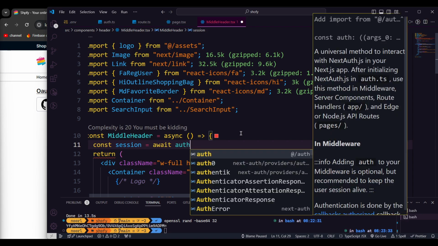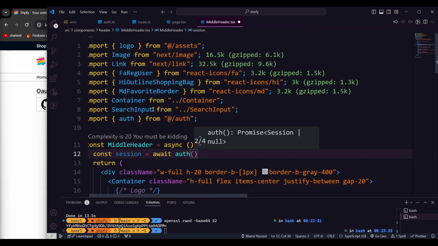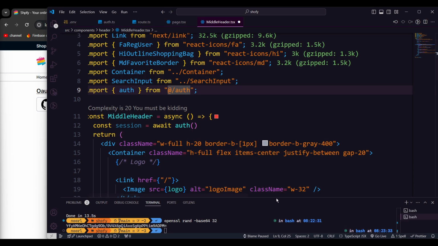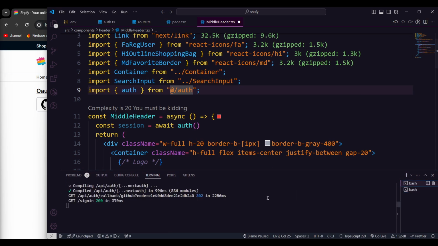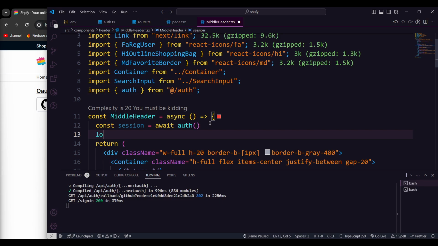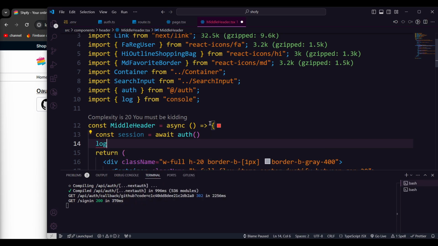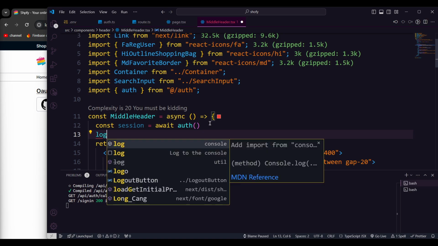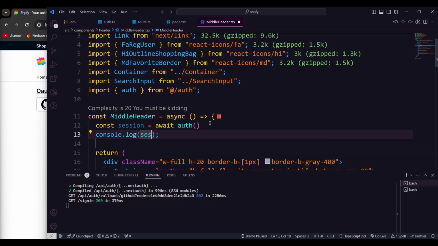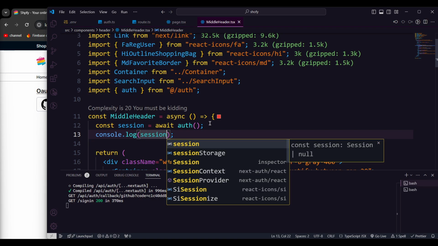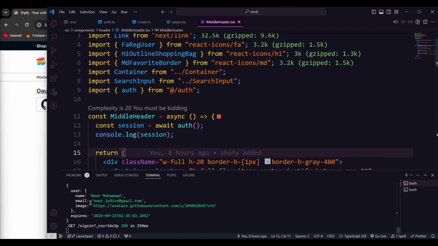We're gonna get the auth, and that auth is coming from that auth. Okay, now I'm gonna open my terminal also. Let's just log and see what is coming with a session. So it will be log, and let's get the session. Hit save, and as you see, we have the username, we have the expiries, so we have all the